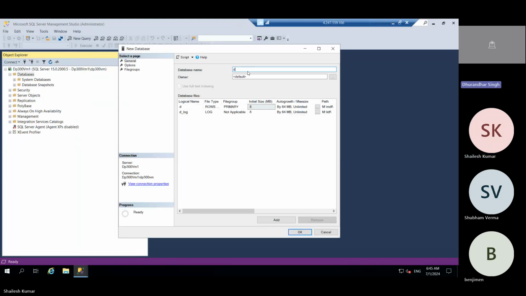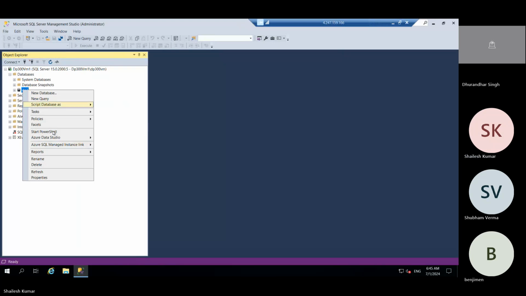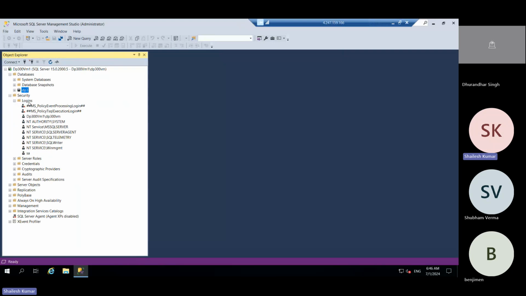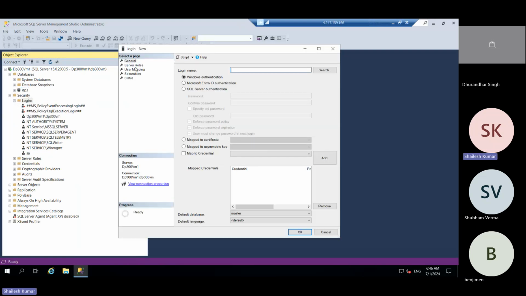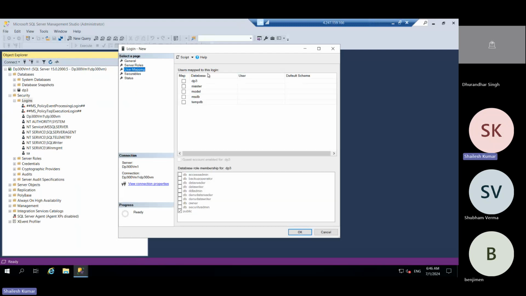Now for security, logins and all, we have all the server level roles, and then the database level roles. These are the things. This is the same, because it is shown here.